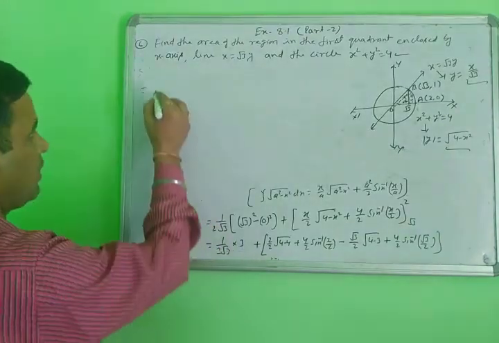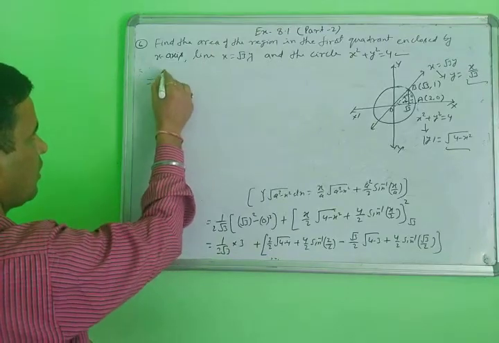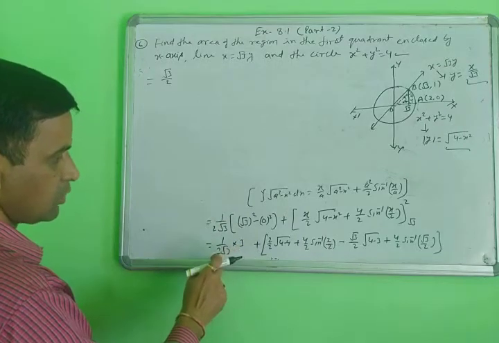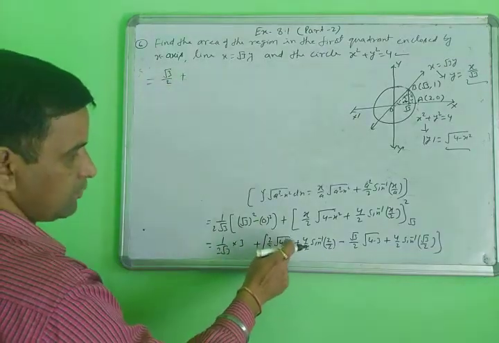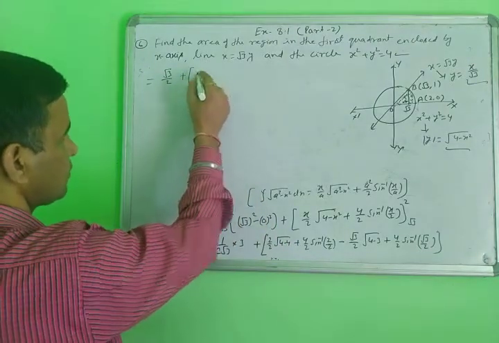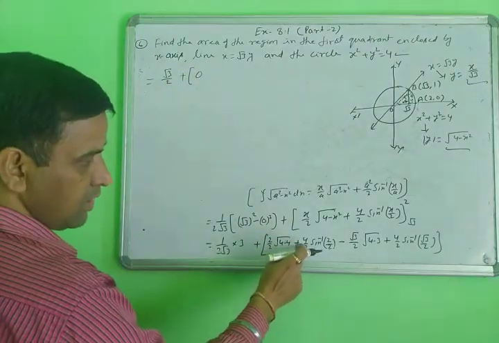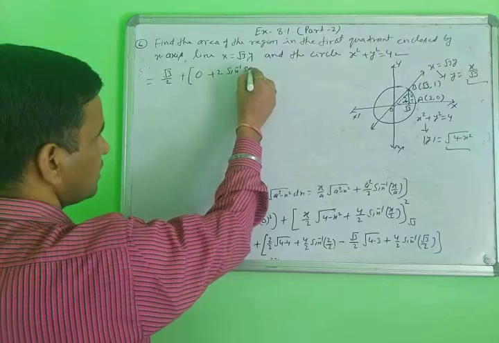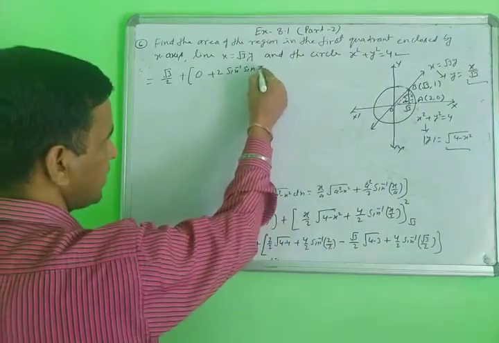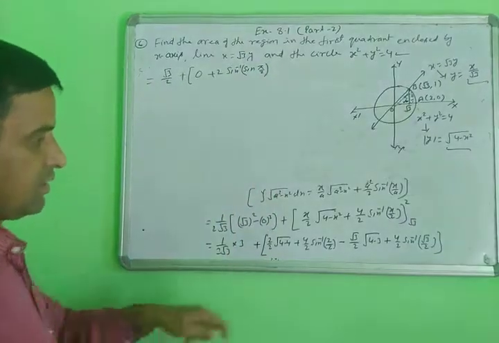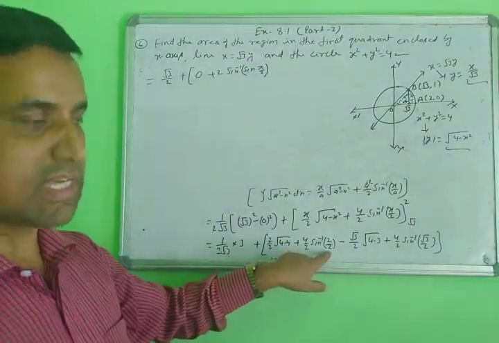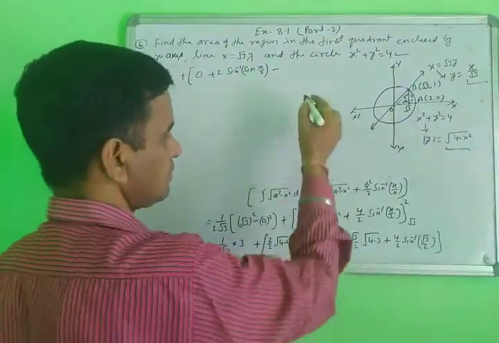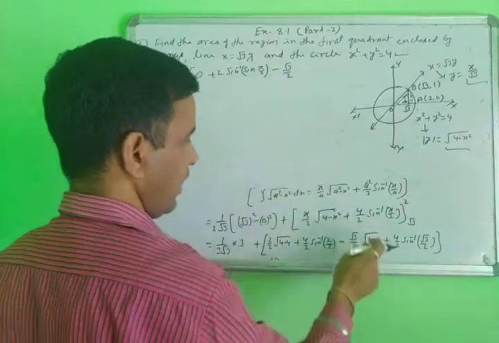You have calculated the root 3 upon, here root 3 cancels, only root 3 upon 2 is left, plus the portion 4 minus 4 is 0, multiplied by 0 is 0, plus 4 upon 2 is 2, and sin inverse 1 is pi by 2, since sin 90 is 1. Then minus root 3 by 2, and 4 minus 3 is 1,